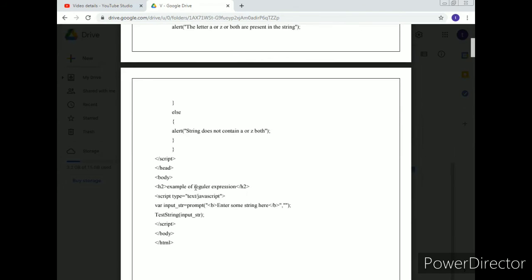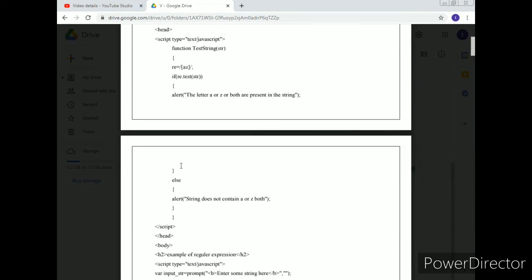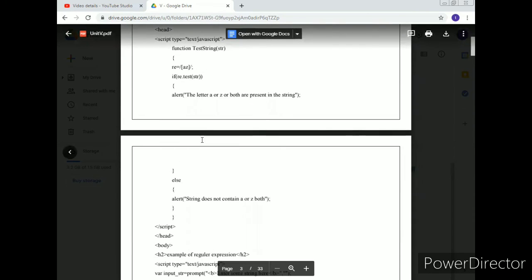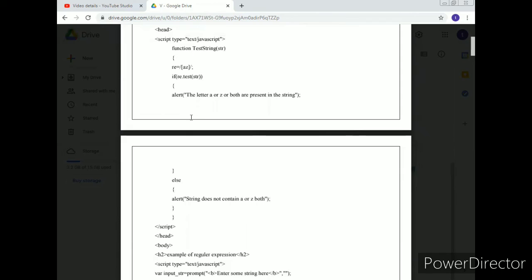Within the bracket, you can also give conditions about digits, like decimal numbers. You can put A to Z or 0 to 9. When you give this digit range, it checks whether the number is between 0 and 9, correct? Or you can give a range like 0 to 3, 0 to 4, or 3 to 4, 5 to 6, likewise.